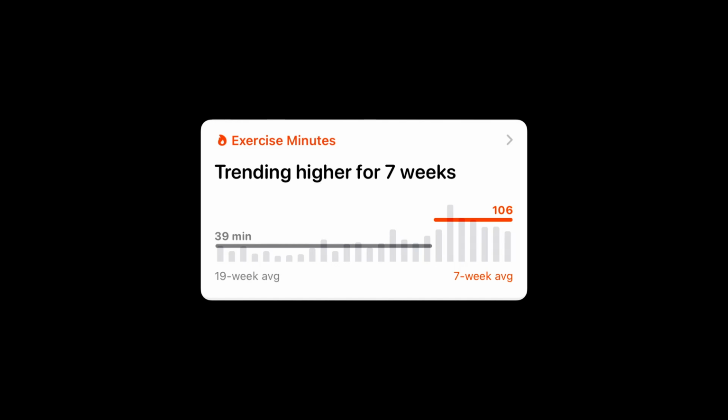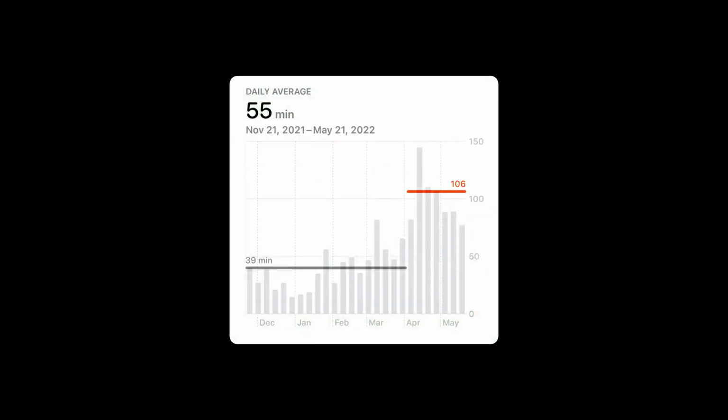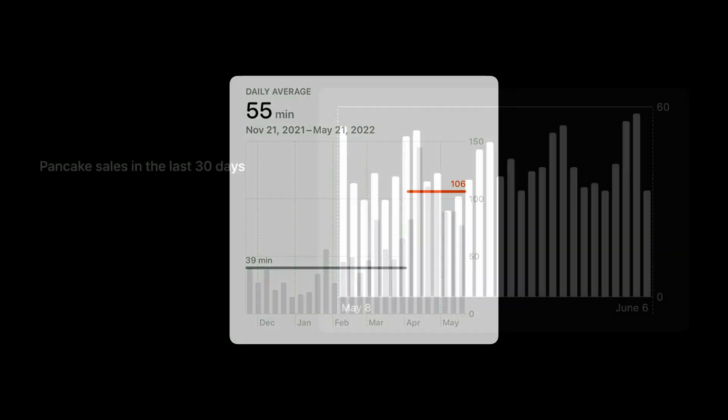Some charts don't need grid lines and labels at all, such as this trend platter in the Health app. These charts tend to be sneak peeks of larger charts in another view, so an idea of the data's pattern is all you need. Grid lines and labels would add distraction. Grid lines and labels appear in the follow-up detailed chart, where you may want to analyze values more precisely.